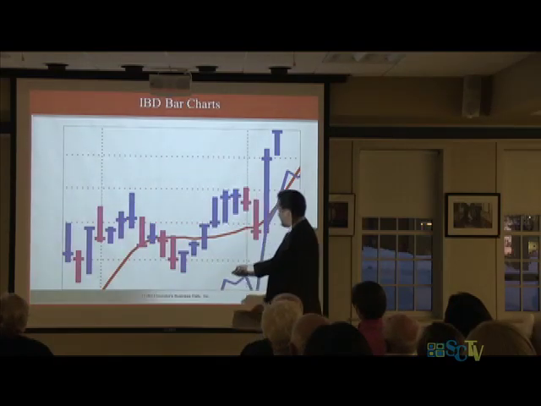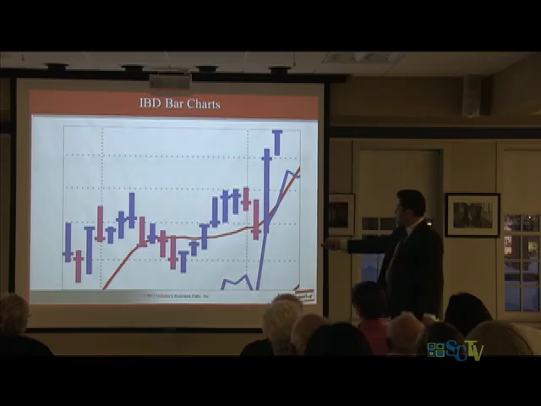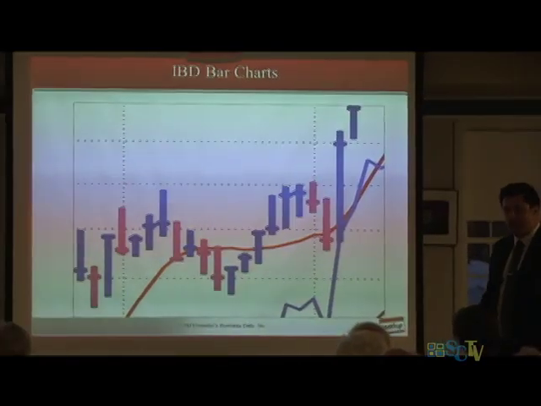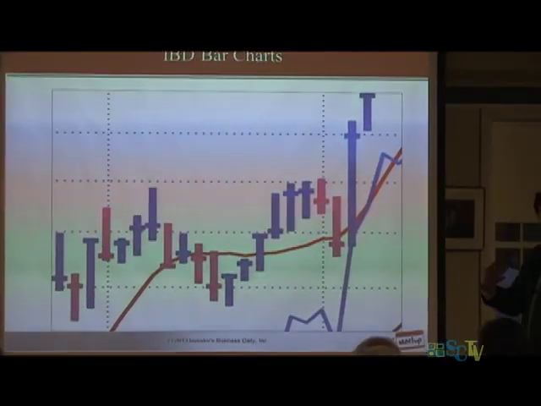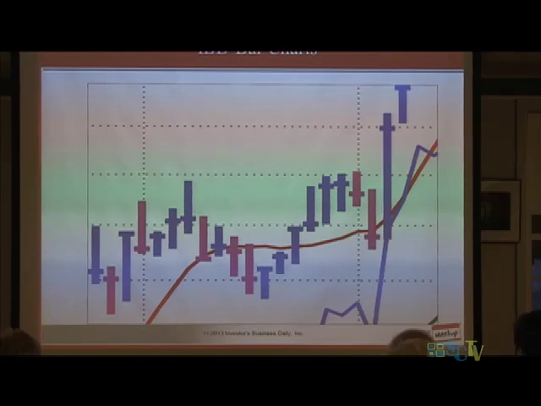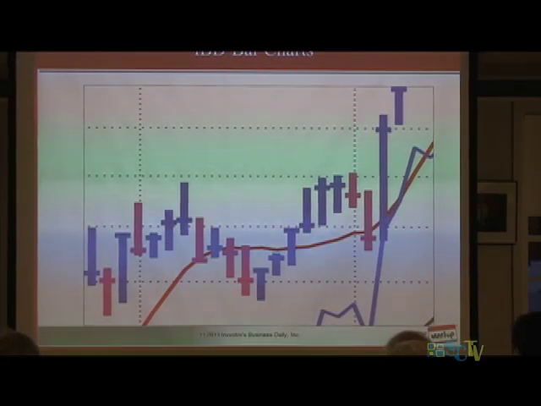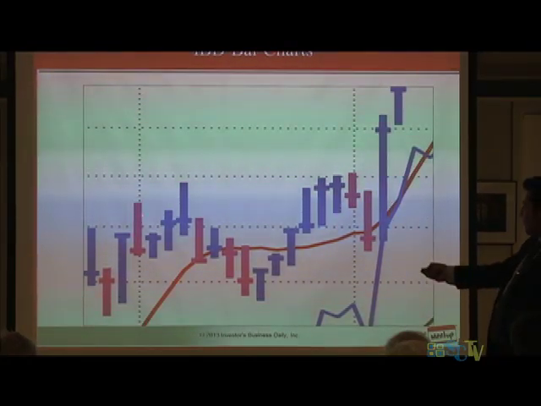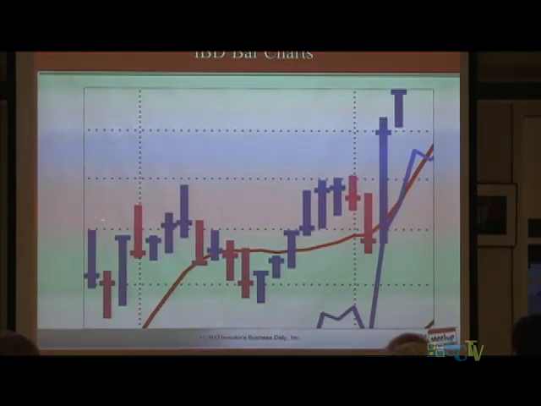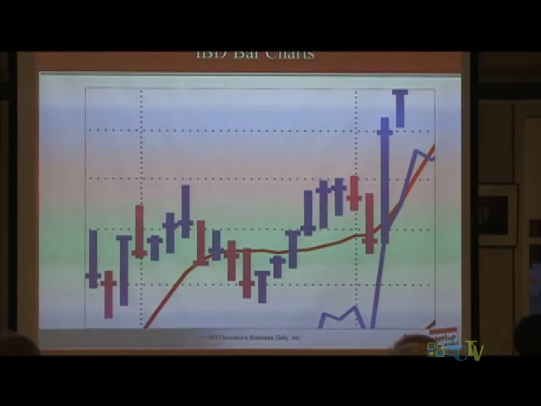Okay, let's try that again. You got the high for the week, you got the low for the week, and that horizontal tick is the close for the week. If it were a daily chart, it'd just be everything on a daily basis, okay? So the blue bars represent a week where the stock closed higher versus the prior week. The pink bars, or as Ed calls them, the fuchsia bars, represent a week where the stock closed lower